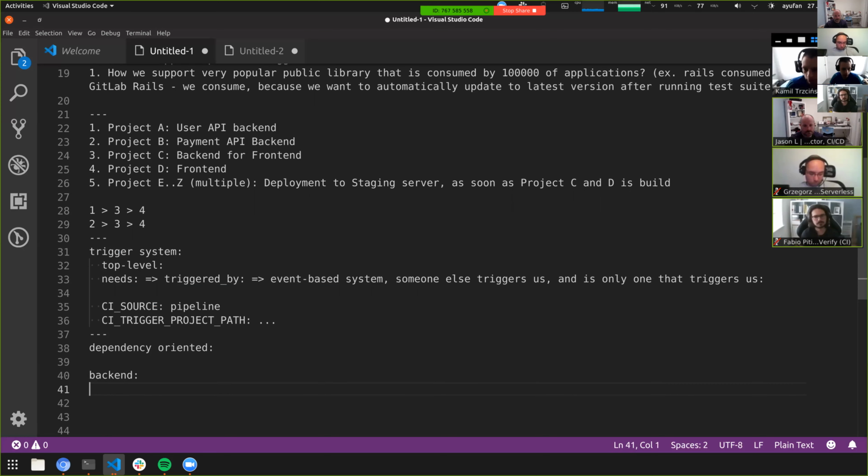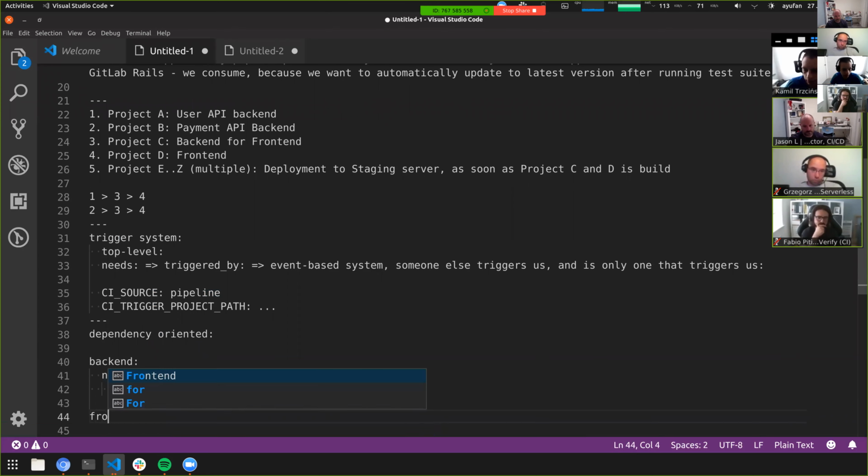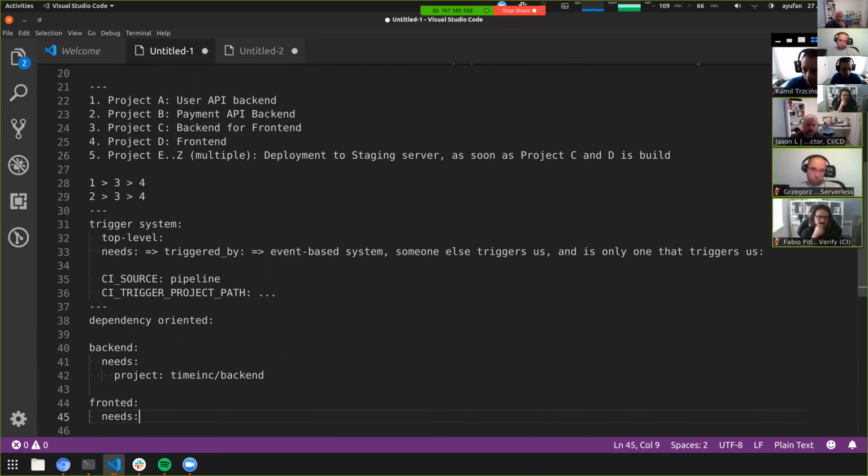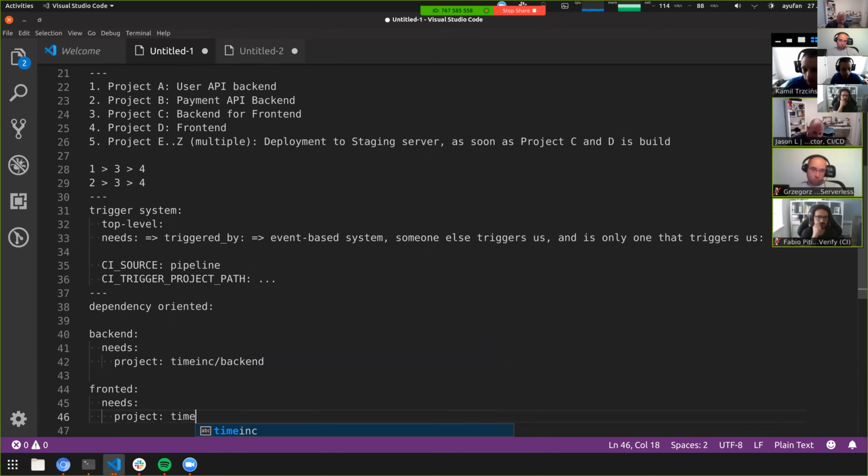So another way of looking at that is a dependency-oriented approach, when we say that this project needs another project, which in our case is backend, and we also have another job in this context that depends on it, which is frontend.